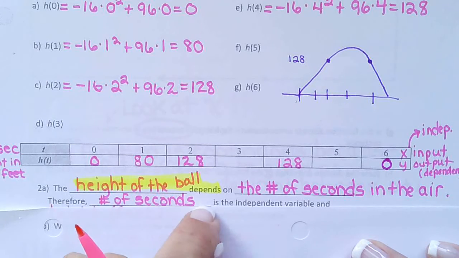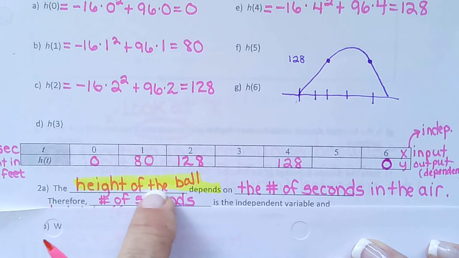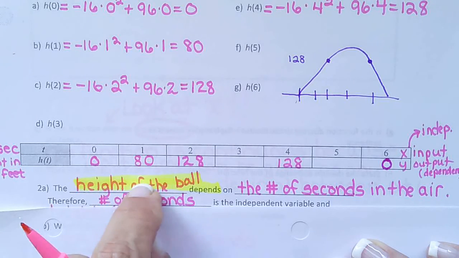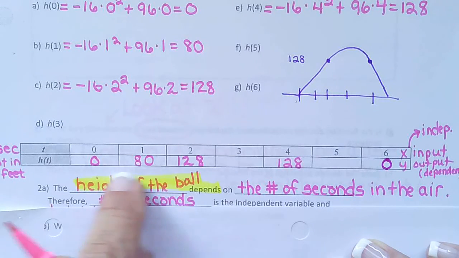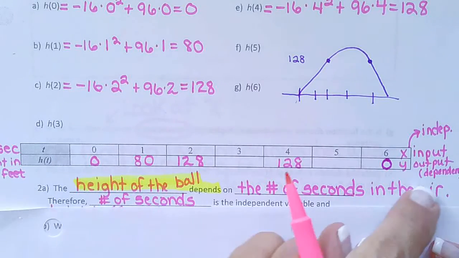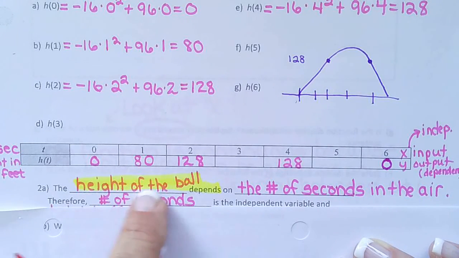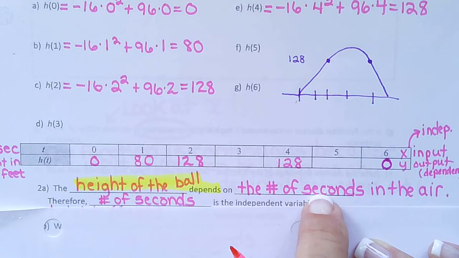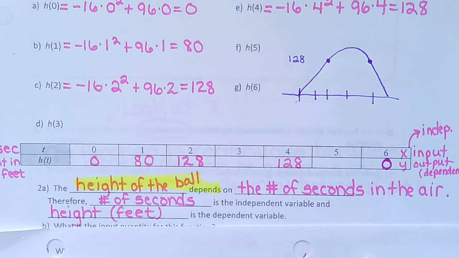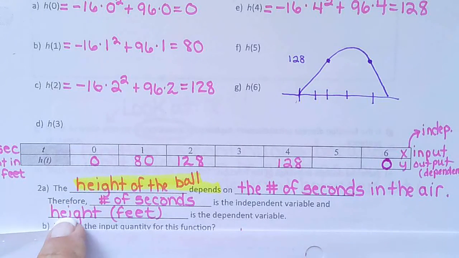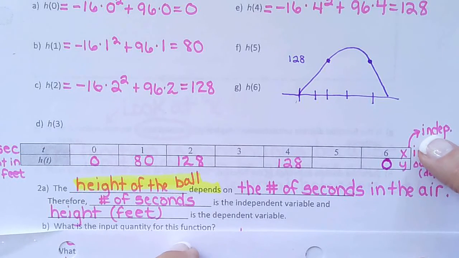And then it wants us to know which one's independent. Well, remember how I told you to highlight this? We highlight this, and this tells me what dependent is. Height of the ball depends. So it's the dependent. And we already knew that y, which is the height, is always the dependent variable. So the height of the ball depends. So that's my dependent. That means number of seconds in the air is my independent. So that's what I filled in here. Number of seconds is the independent variable, and height in feet is the dependent, because x is always the independent,